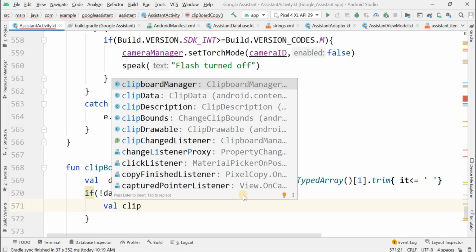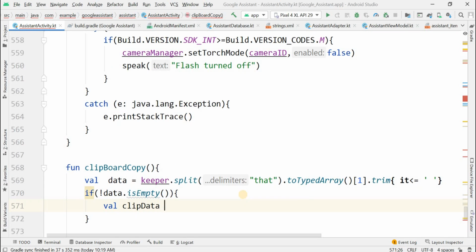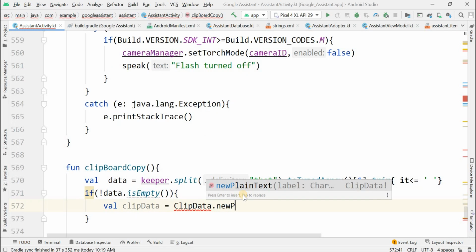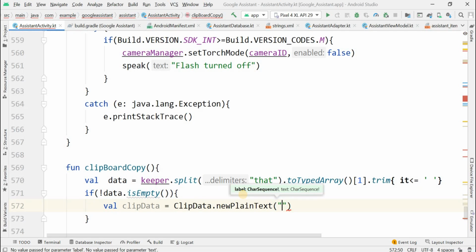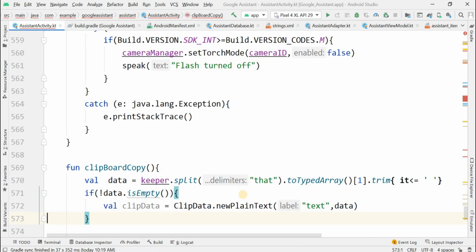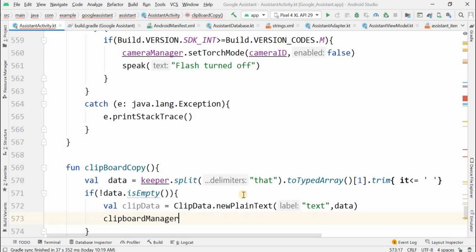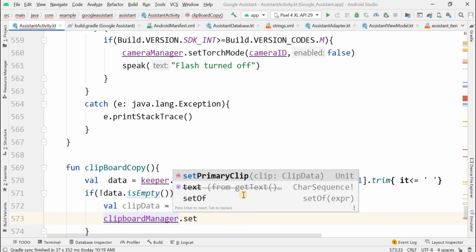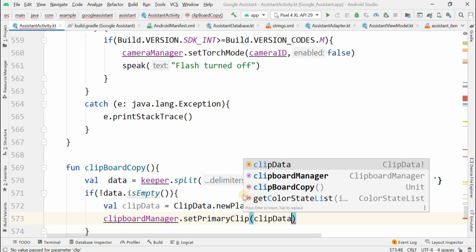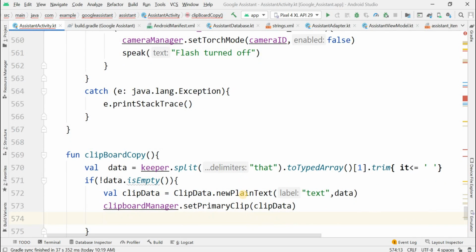Okay, ClipData dot newPlainText, and passing the text and data. Okay, and now what we have to do, clipboard manager dot setPrimaryClip, and passing the clip data to it. Afterward, speak what data copied to clipboard, that is,